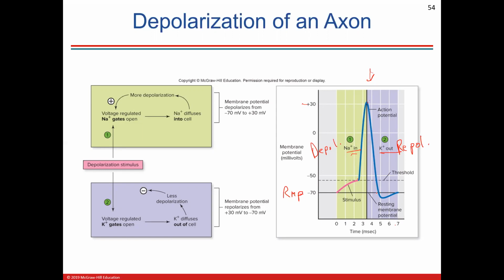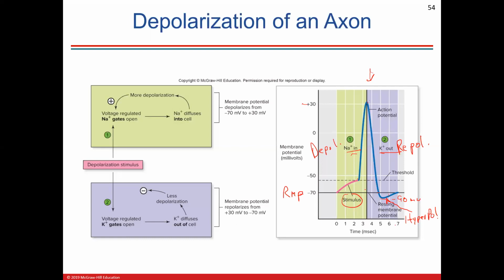And now it should go back to resting membrane potential. But if it dips below that minus 70 to say minus 90 millivolts, that is hyperpolarization. So between the top of the action potential and hyperpolarization, that's where refractory happens, where even if we get